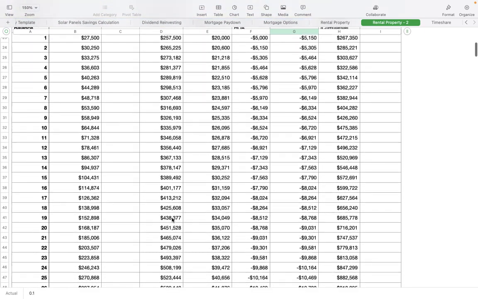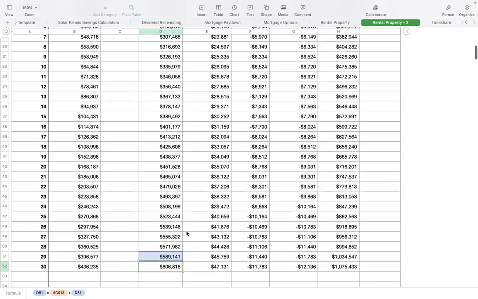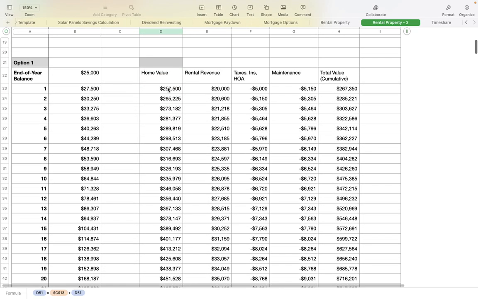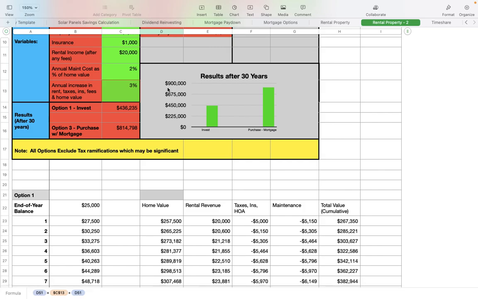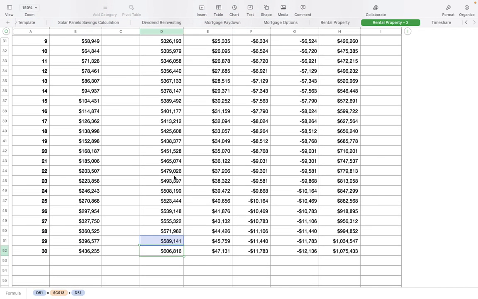Most of that is the value of the home itself. So after 30 years, you own that home free and clear. If you started out at $250,000 and it grew at 3% a year in value, at the end of 30 years, that's a significant number, over $600,000. So that's most of